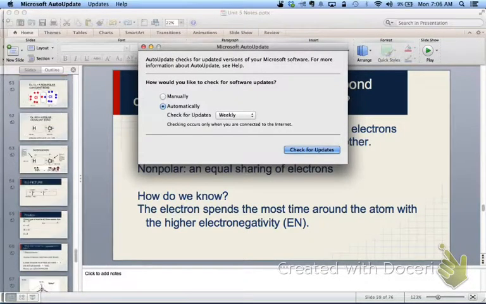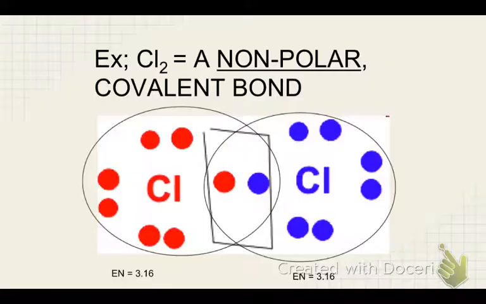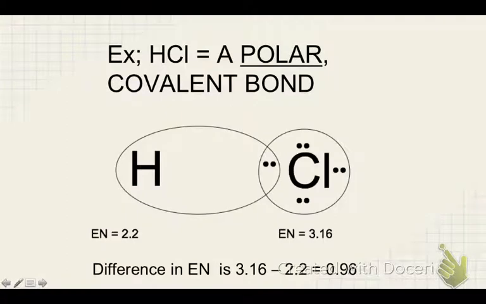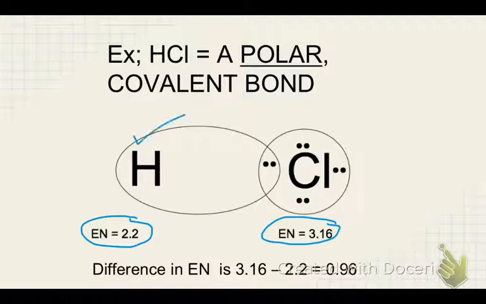Let's look at another example. Hydrochloric acid, HCl, is a polar covalent bond, so I want you to look at what's going on here. Here's the Lewis structure for HCl. I've drawn it for you. H has an electronegativity of 2.2. Cl has an electronegativity of 3.6. They are both nonmetals, and the difference is